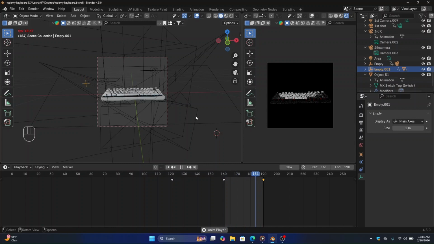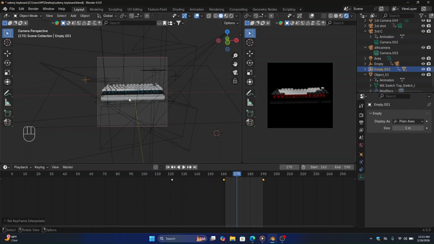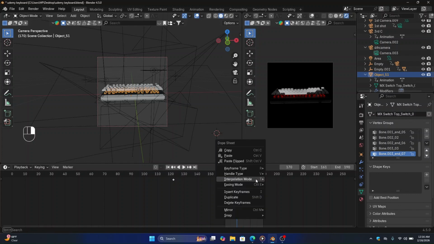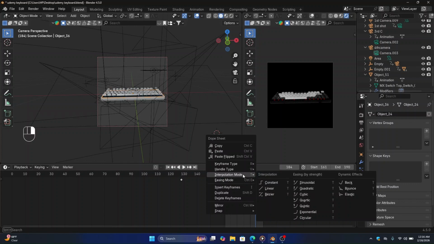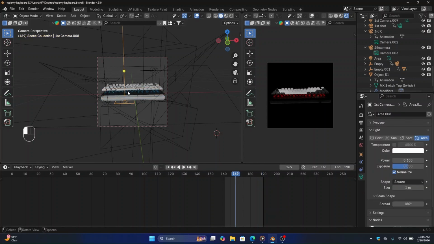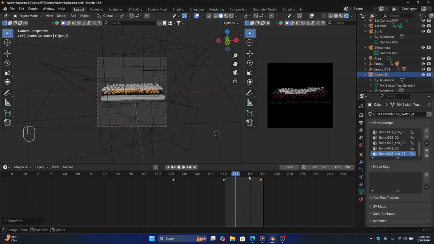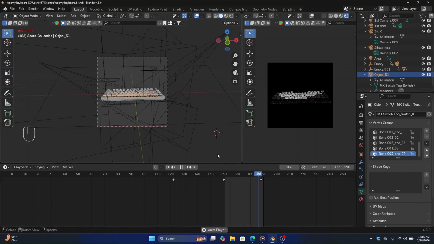Yeah, this is how it's looking, but we can also select both of these keyframes, and then go to interpolation mode, linear, and also do the same for the others. Here it is. But I also want to do one more thing: I am going to select this frame 145, and then select these buttons, and make it 185, and then this frame 190, and then let me play this. Yeah, it's not that bad. Now you can play with your diamonds as you might edit this. And I guess we are done with our